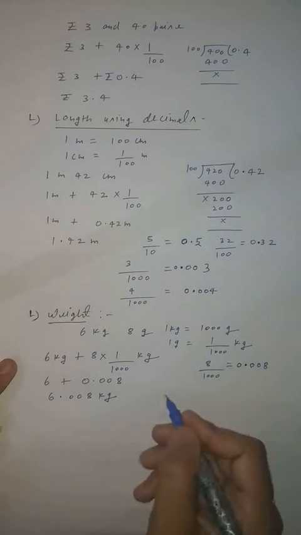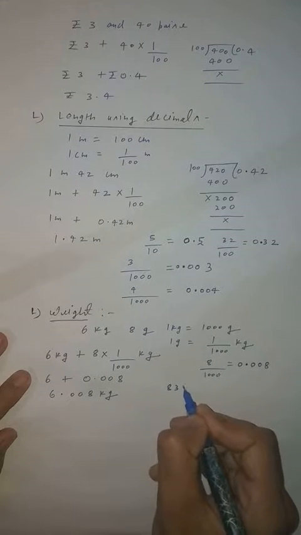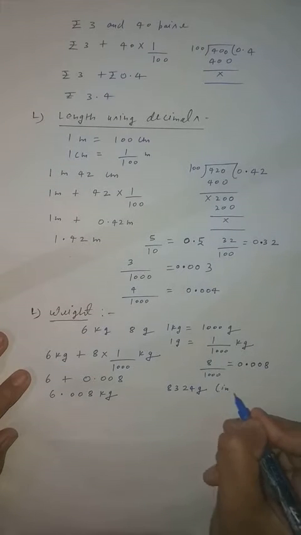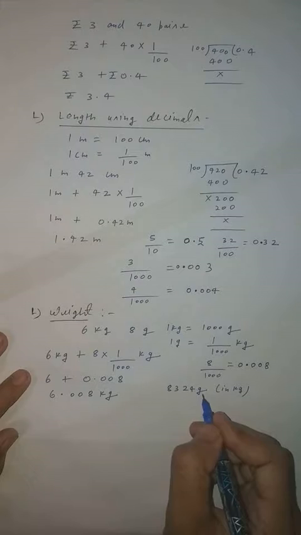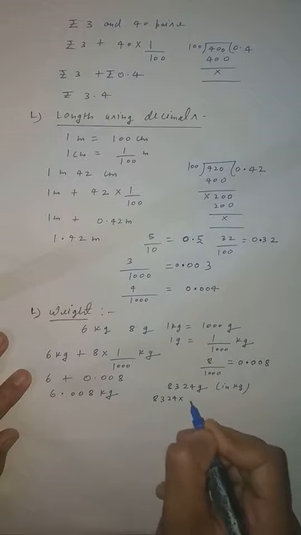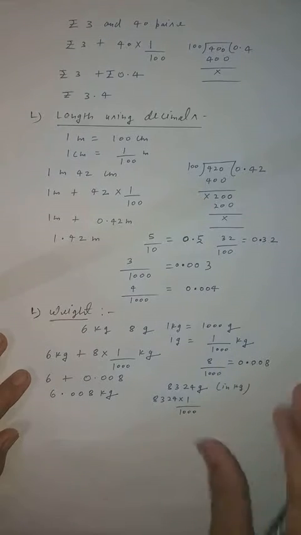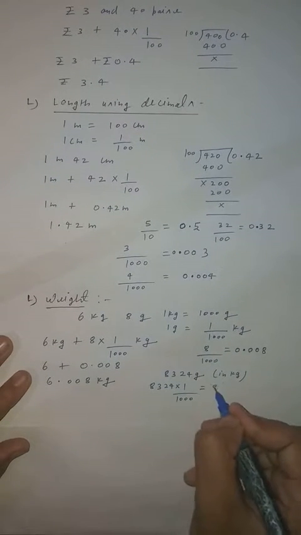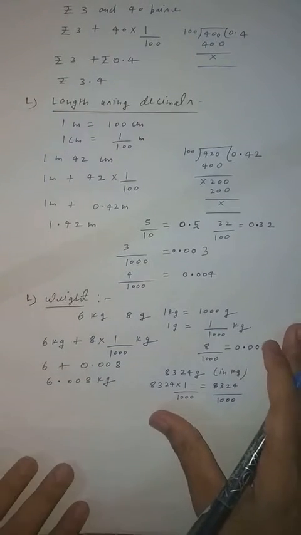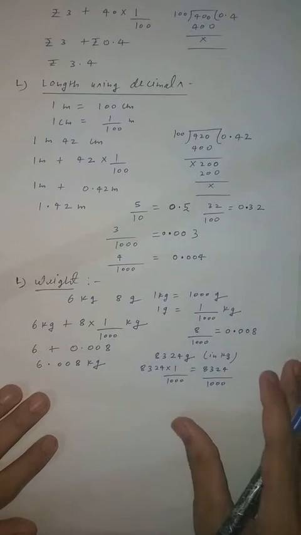Now take another example. Like, what is given: 8324 gram. Clear? Now you have to convert into kg. So what will you do, student? Now you know that 1 gram equals what? 1 upon 1000 kilogram. So you will write down 8324 multiplied by 1 upon what? 1000. Clear? Because you know that 1 gram equals 1 upon 1000 kilogram. So write down 8324 upon 1000. Up here you can see 3 zeros given. It means after the decimal there should be 3 digits. Okay? The process I explained, how. This is the long process.